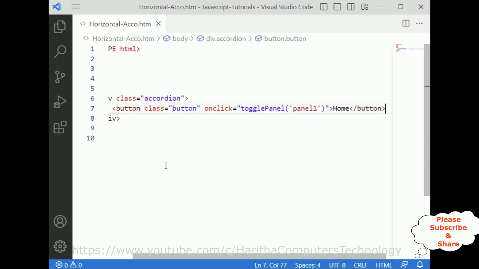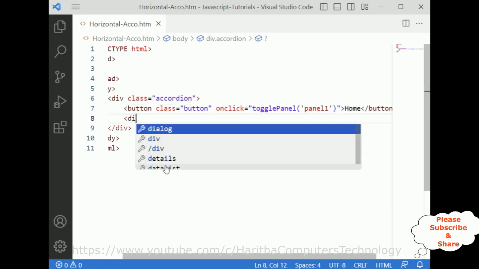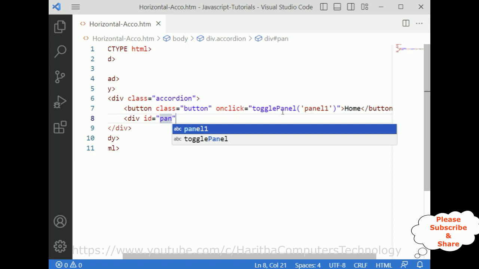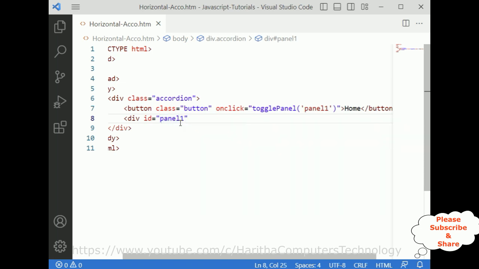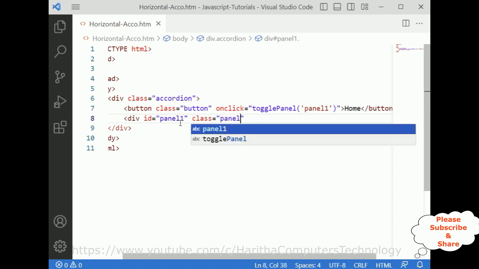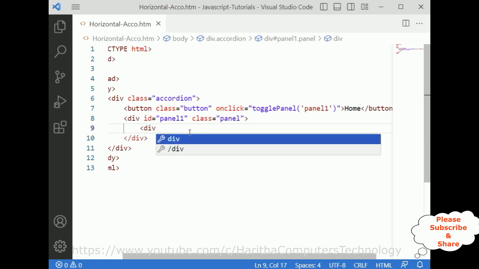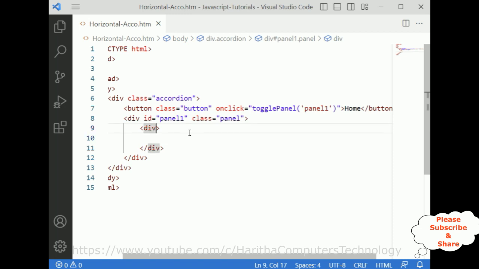And after that, I require one more div container, div id equals to panel one, I want to open when I click this button control. So panel one, class is equals to panel. We require some styles now. I'm adding panel. Now inside this panel, I want to display content. Div class is equals to panel content,